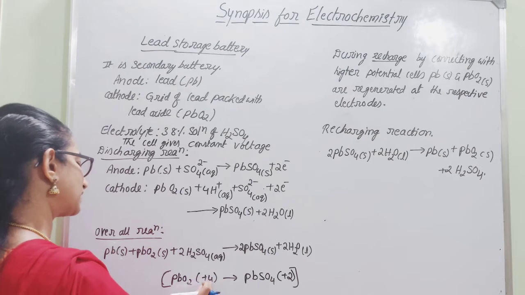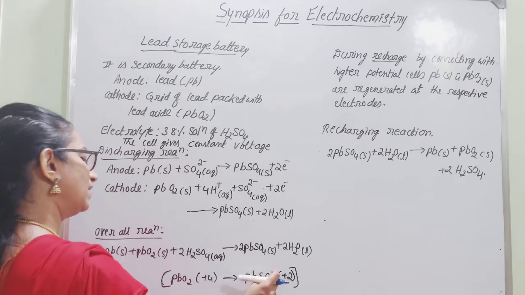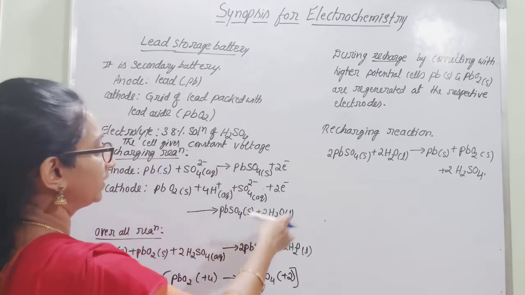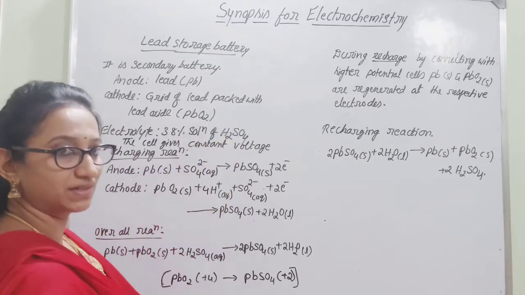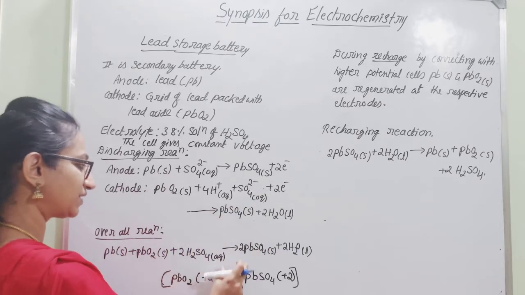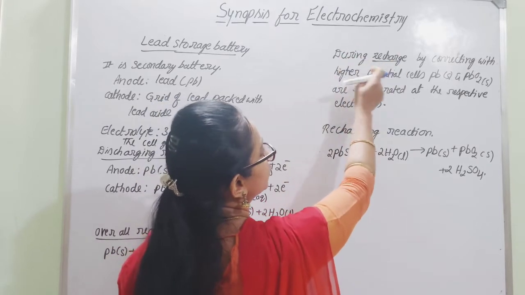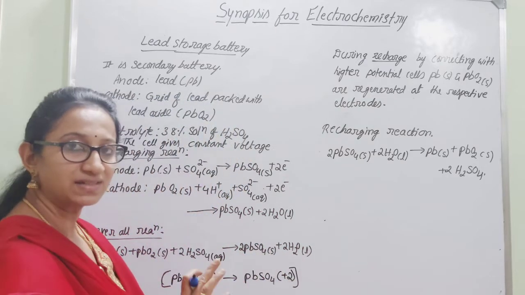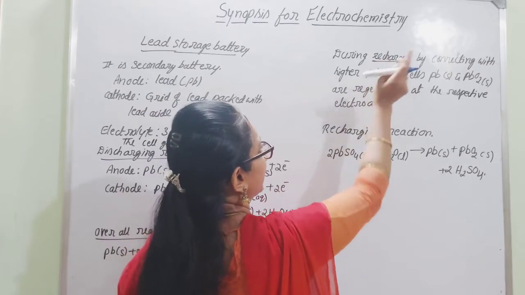As you know, there is conversion of lead oxide into lead sulfate. In lead oxide, the oxidation state of lead is +4, and in lead sulfate, the oxidation state of lead is +2. So we can use that cell again and again because we can subject it to recharging. This reaction takes place during discharge. During recharge, when the cell is connected to a higher potential cell, it undergoes charging. So we can recharge it again and again.